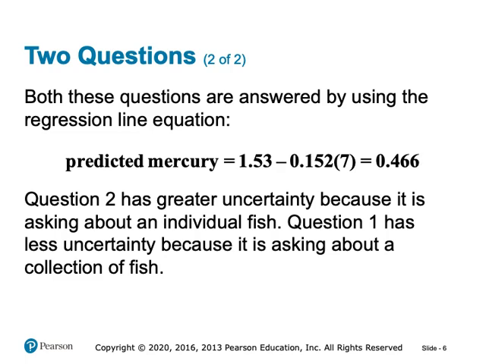So, whether we're predicting the mean mercury level for all fish in the lake at a pH of 7 or predicting the mercury level for an individual fish caught at that pH, the predicted value is 0.466 micrograms per gram. However, it's crucial to remember that these two predictions carry different levels of uncertainty. For question 2, where we're predicting the mercury level for an individual fish, the uncertainty is greater. This is because individual fish can vary more than the mean of a group of fish. On the other hand, question 1, which asks about the average mercury level in all fish in the lake, involves less uncertainty because we are dealing with a group average, which tends to be more stable.